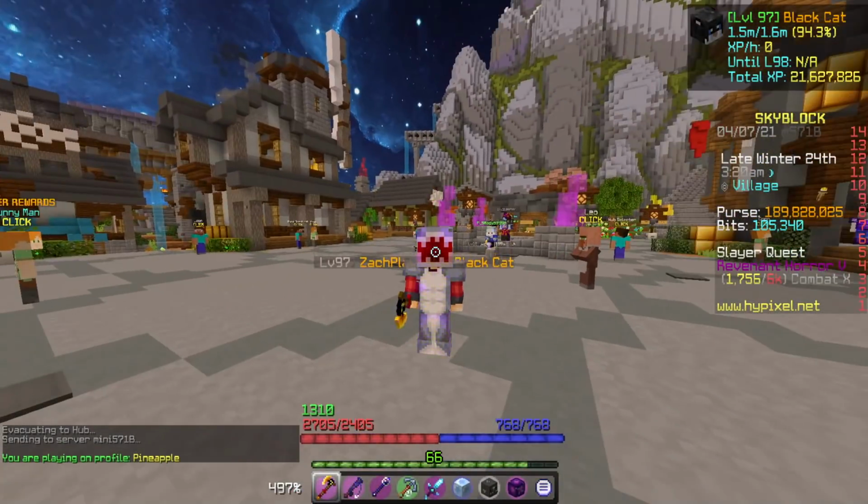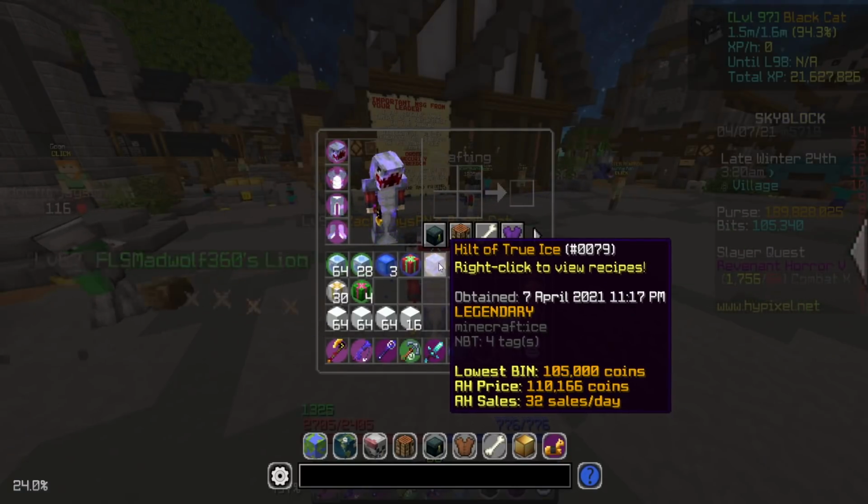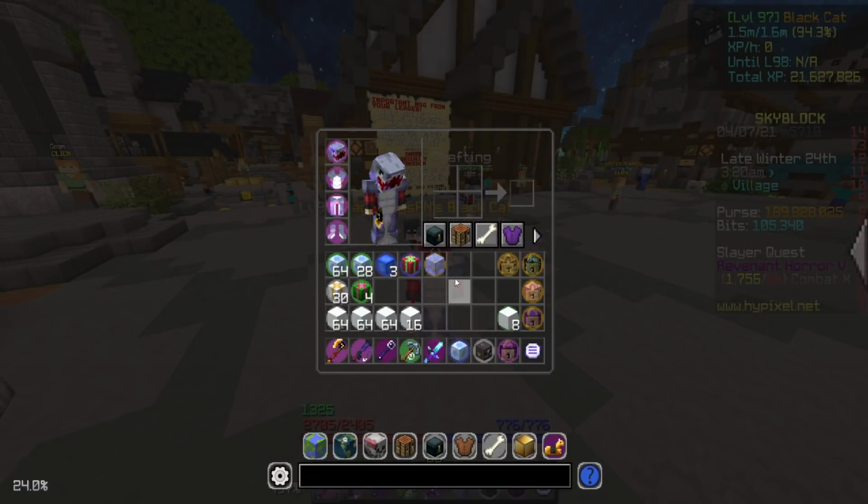Literally, as the lobby was closing, I got a Yeti. I killed it with like 9 seconds left to go, and I got a hilt of true ice, which is pretty hype, not gonna lie. Kind of happy about that. They're only worth like 100k, but the fact that I was able to pull a Yeti from like